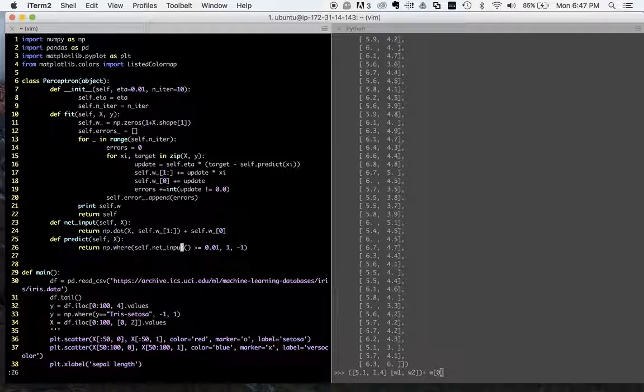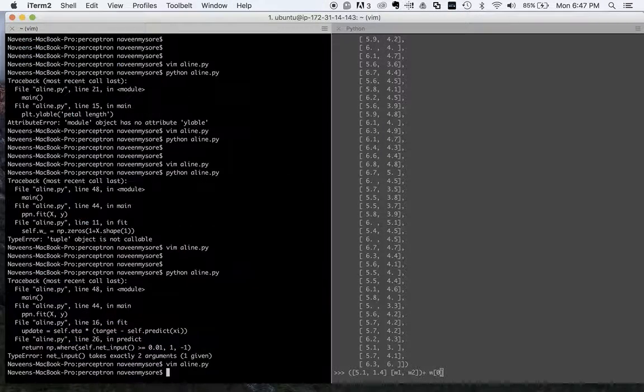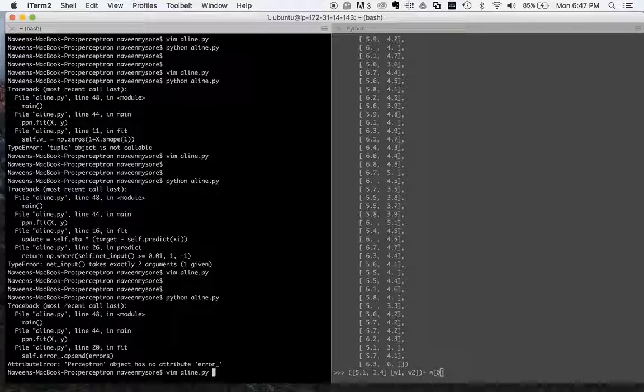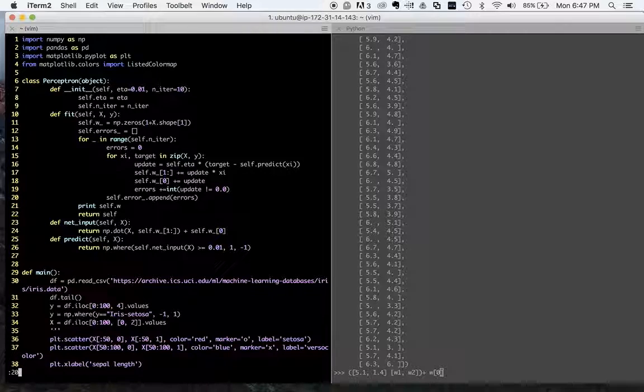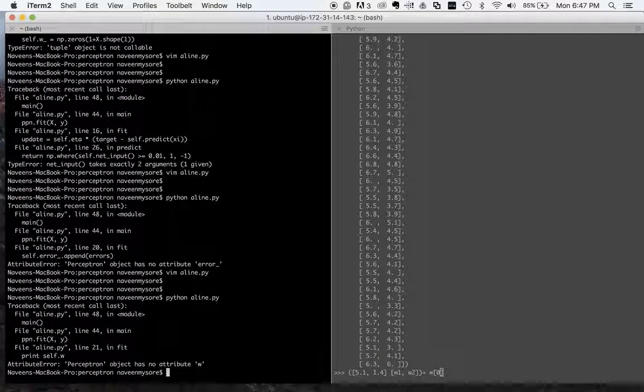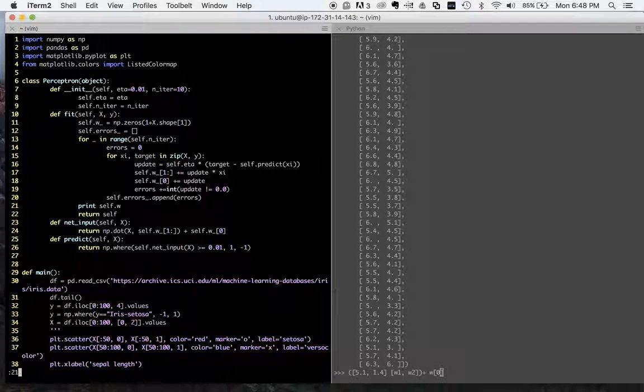Oh, we didn't pass the features. Line 20. Oh, so many errors. Oh, this has to be errors. Let's see, what is this? Oh, self.w. Oh, so many syntax errors. I'm sorry, guys, but